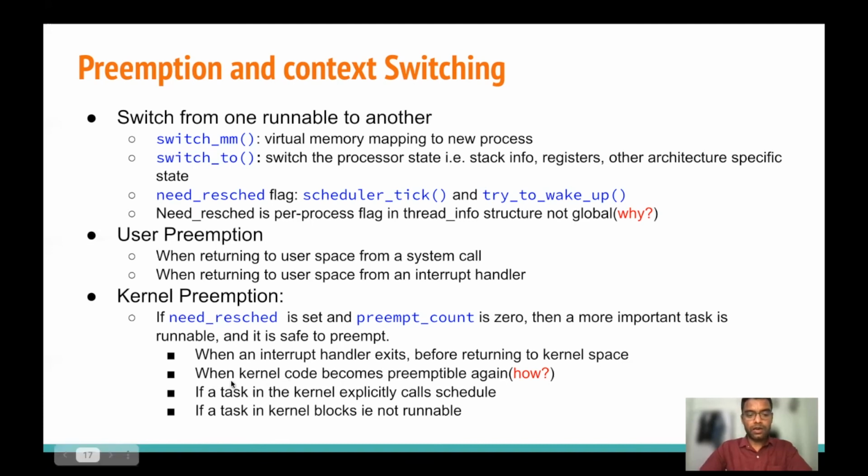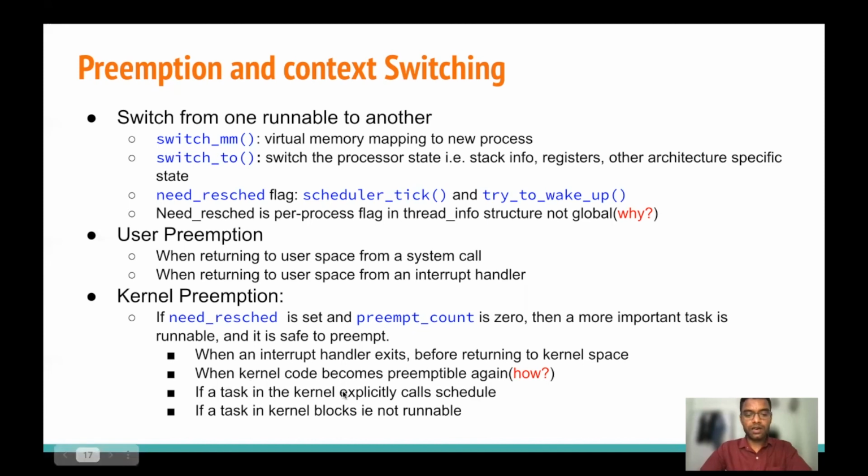Similarly, when kernel code becomes preemptible again, that means when preempt count becomes 0, because preempt count increases when we take a lock, and when we unlock, the preempt count will decrease. So when the preempt count reaches 0, we can say that kernel code is preemptible, and at that time we can preempt that task and reschedule a different task.